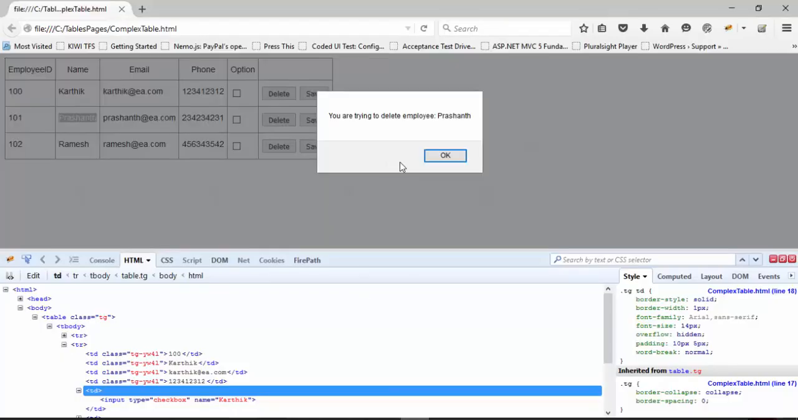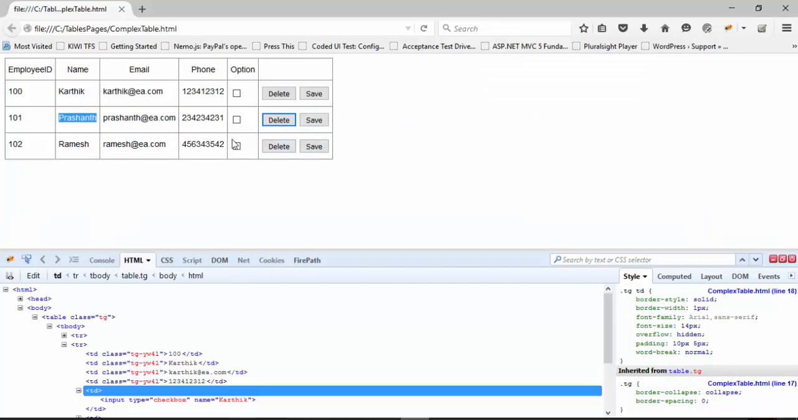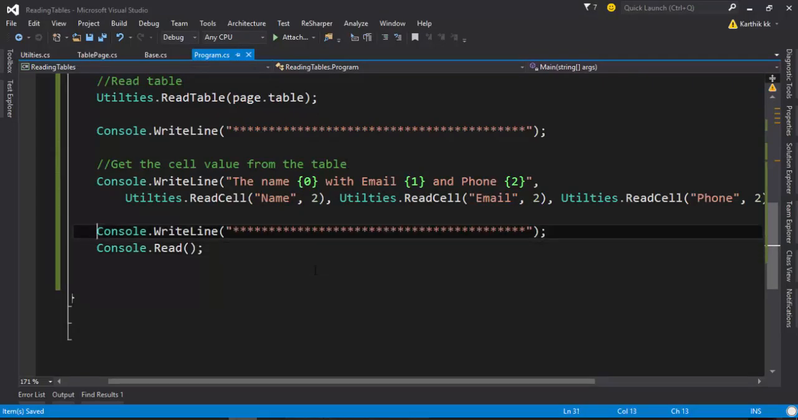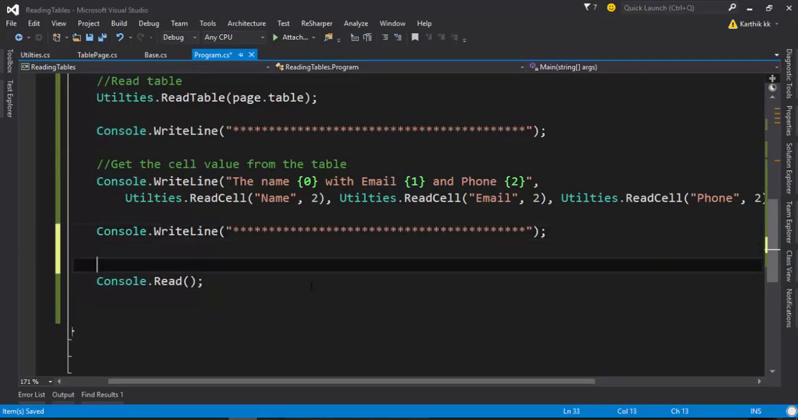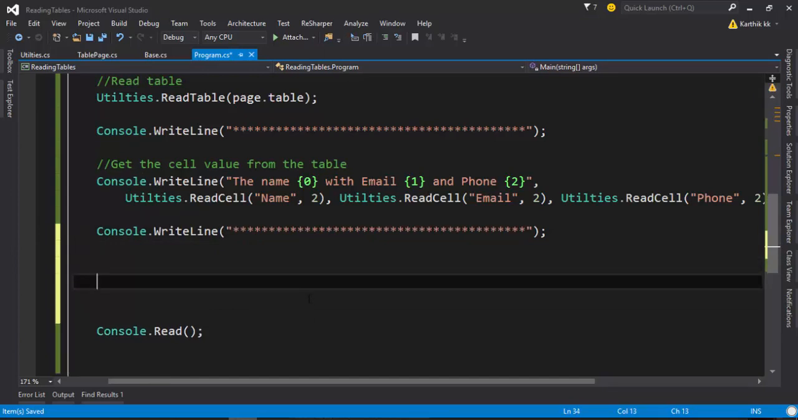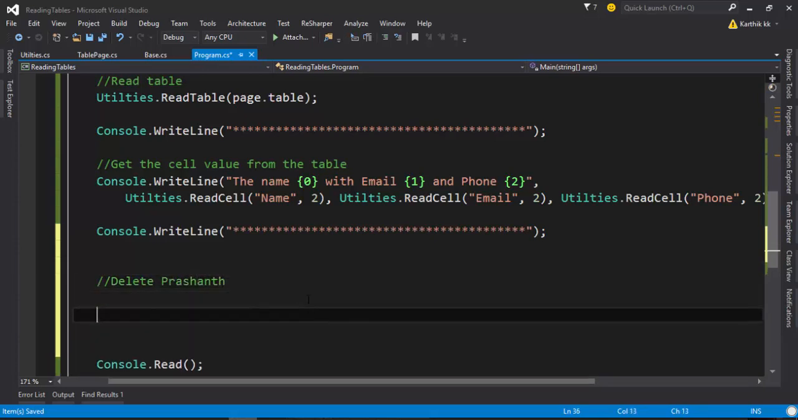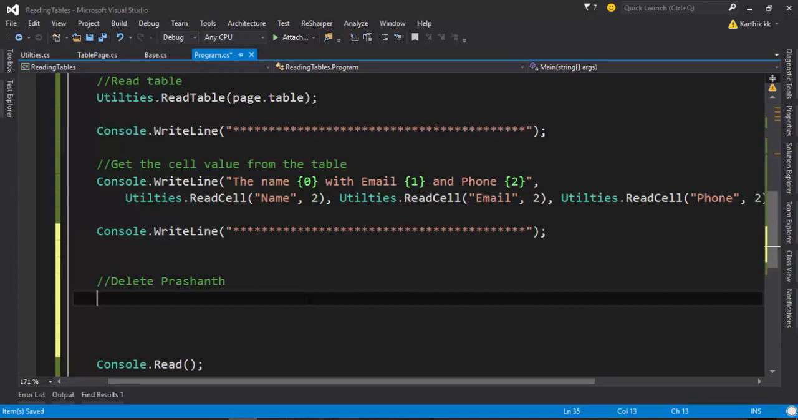this delete of Prashant or something like that. So for doing that, what I'm going to do is I'm just going to leave the first method as it is, and let's try to click the delete button. So delete Prashant. All right. So for doing that, I'm just going to call the delete method, that is a